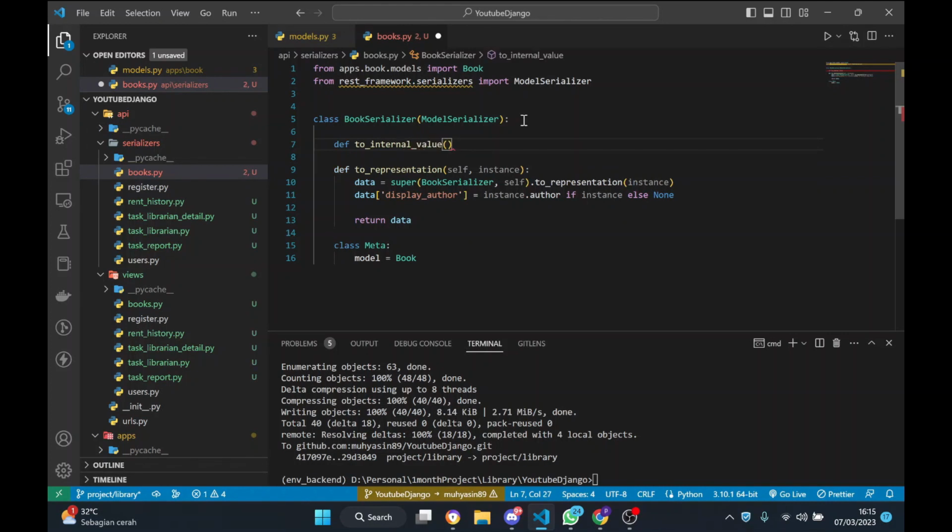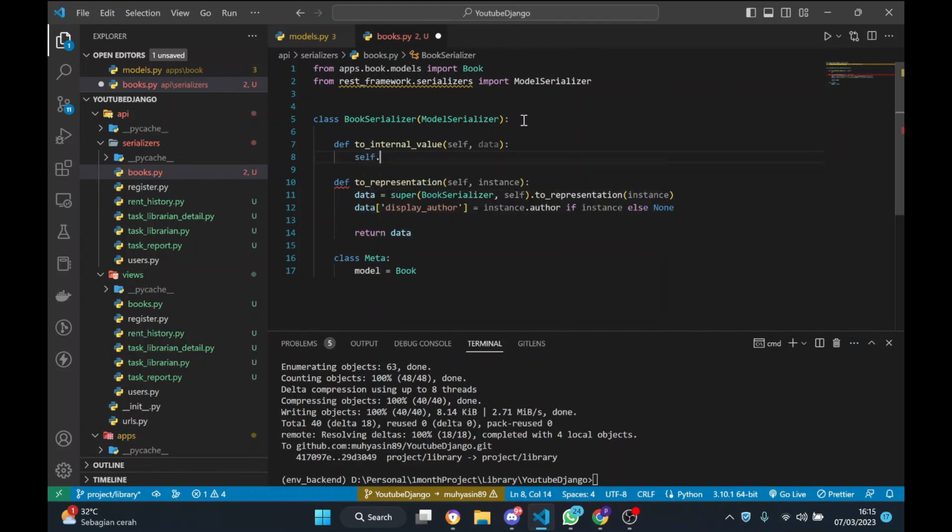It's going to be self.data, and just copy this one. I'm going to say that the field of the author is going to be, if you do not create this, you'll be asked to put a record in there, and that doesn't make sense if you go from the API, right? I'm going to say that primary key related field,